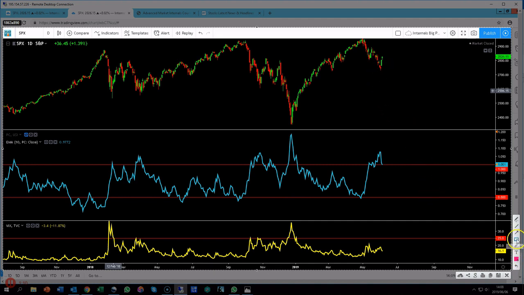And I want to just show you this reading here. This is the put call ratio. It's the composite, the total put call ratio. And this blue line here is actually the 10-day moving average. I have not plotted the actual PC on here, but this is the 10-day moving average. We did tweet this out before the bounce actually happened, but this reading here is not sustainable.